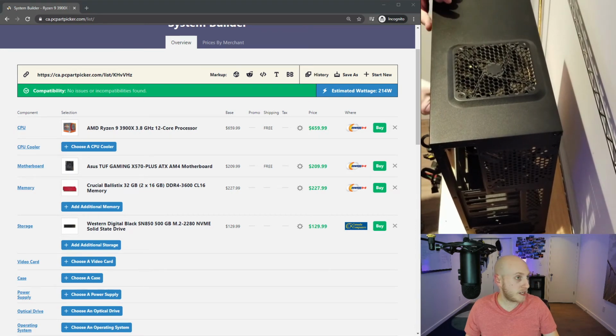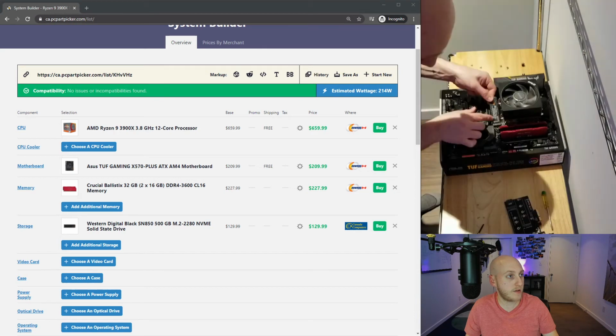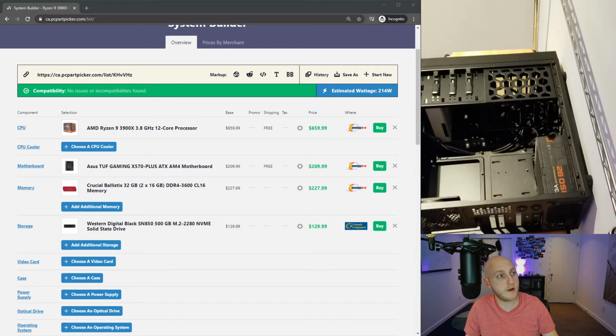I'll just show you guys. Yeah, so this is me taking it apart. It's kind of an anticlimactic one. So there you go. I took the part, got the other hard drive, put the other hard drive in, put